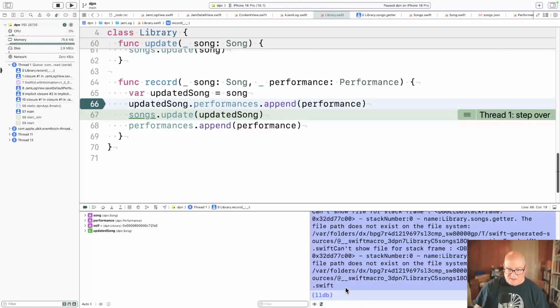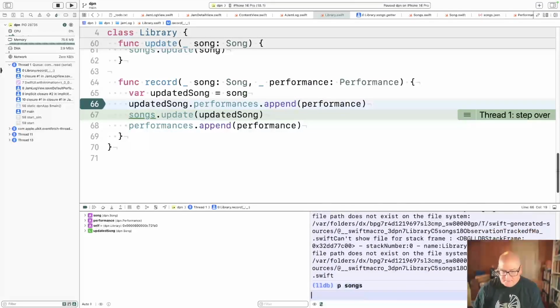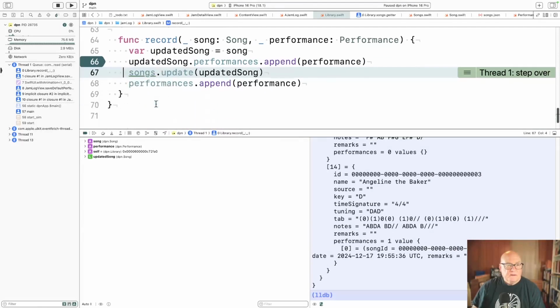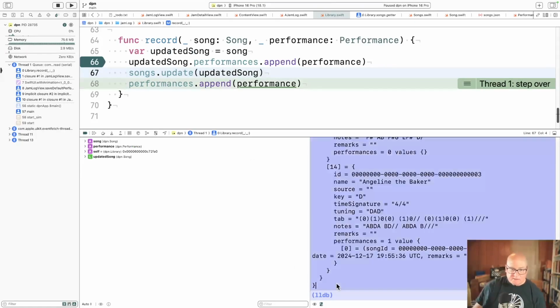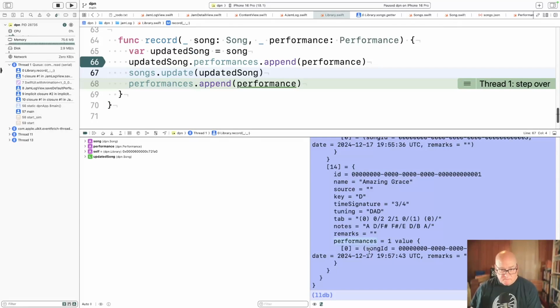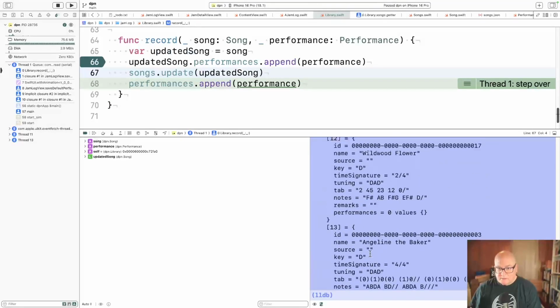I don't know. Let's print songs. I'm not sure what that accomplished. Okay, so songs has a performance there. Well, I think it did. Well, let me make sure where we are. Okay. Yeah, let's look at songs. So he has, well, wait a minute.